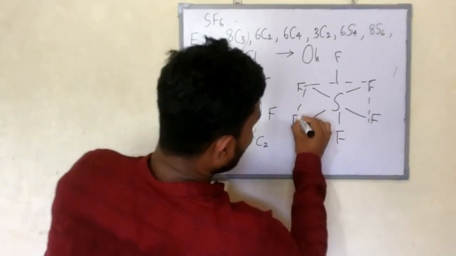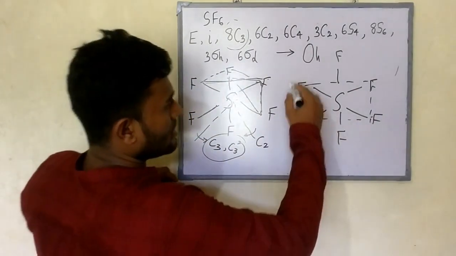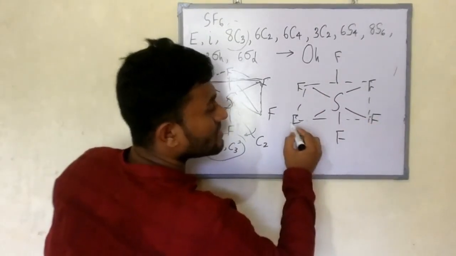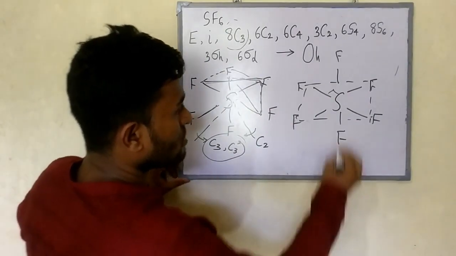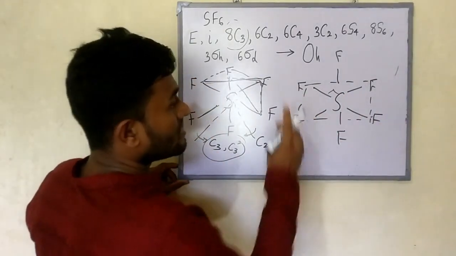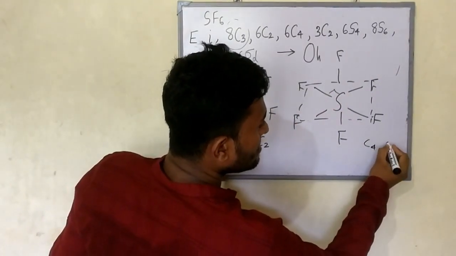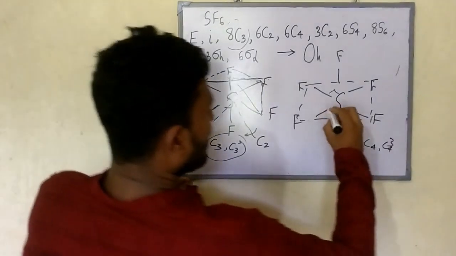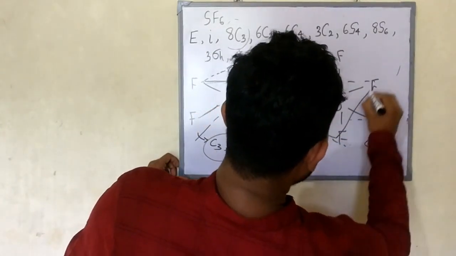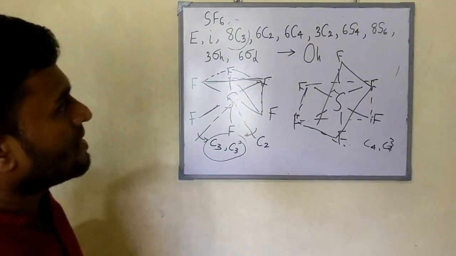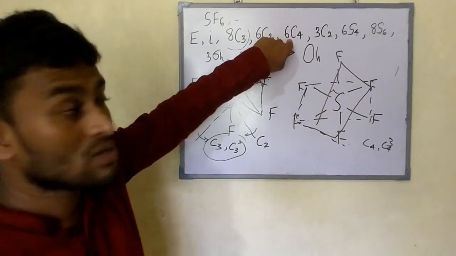These 4 atoms are in the plane. So similar to the PtCl4, it just looks like this. These 4 atoms are in the plane. It has 90 degrees of angle, so definitely it has C4. If the C4 is there, you can write C4 3 also. C4 and C4 3. Likewise, this one is another plane. Likewise, you can take 3 planes. So 3 into 2, 6 C4s you can get.